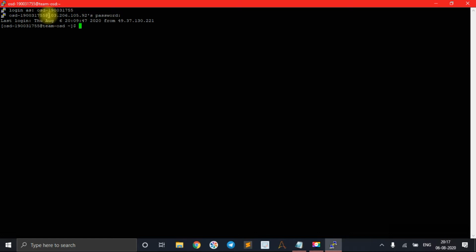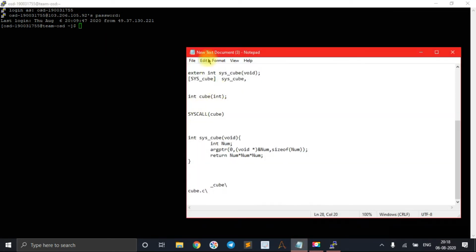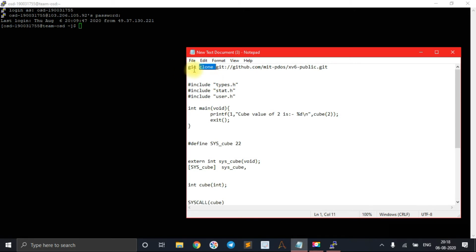So let's see an example today of how to write the cube of a number. The same repeats with the square of a number or some other programs. So I'll go with the cube of a number. Before that you need some setup. So we should run our x86 operating system here virtually. To do that I'll give a command in the description, you just run it. So this is the command.